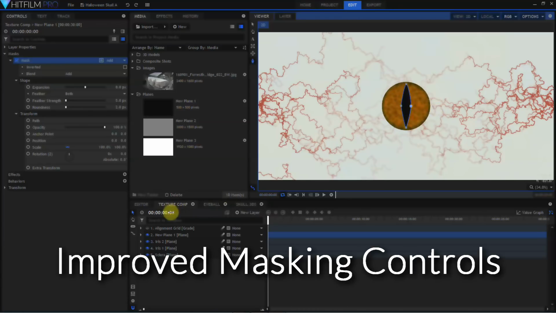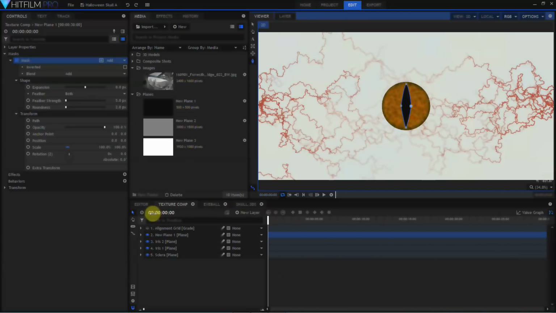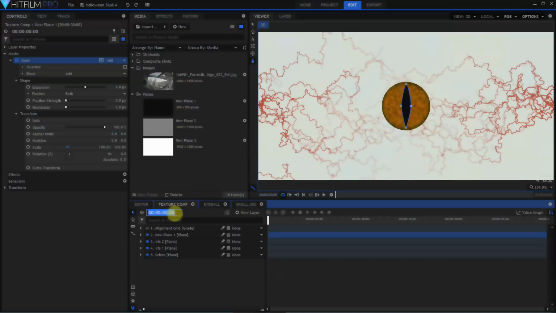Input in the time ruler has been improved as well. In prior versions of HitFilm, HitFilm was very particular about the data input format. You needed to input exactly 2 digits for each field, and you needed to specifically use colons or semicolons to input data, or it just wouldn't work. With the new version, HitFilm's a lot smarter about it. So if I just enter 5.0, HitFilm will figure out that I want to go to 5 seconds. It's a little change, but one that'll make a lot of people very happy.